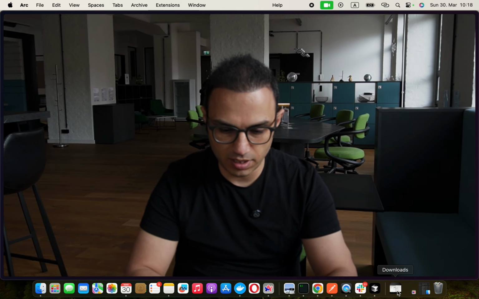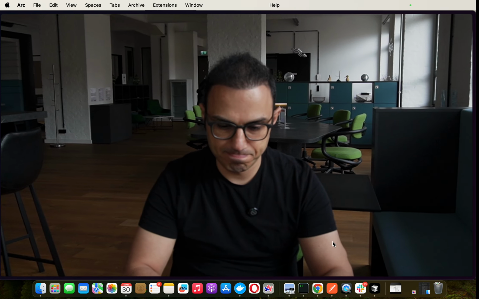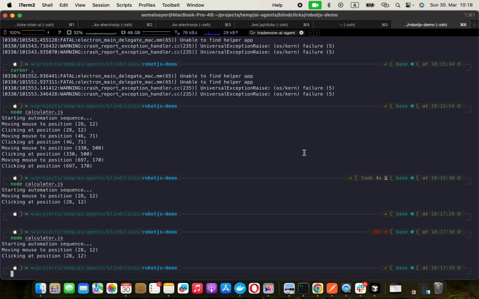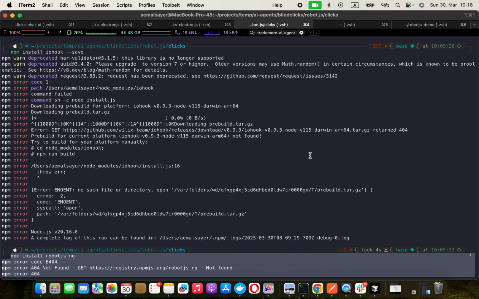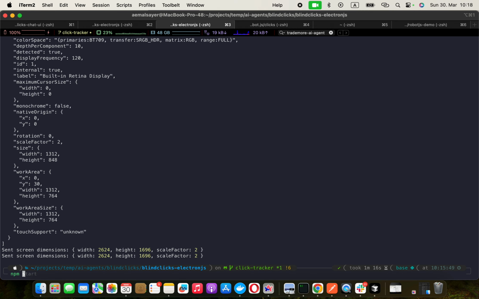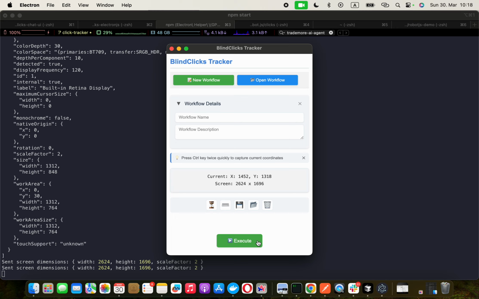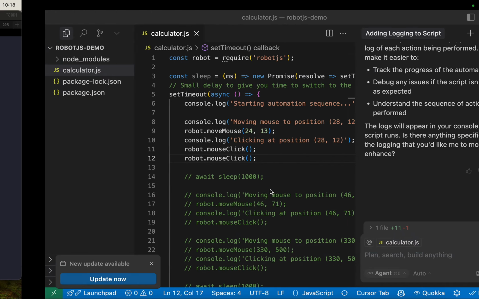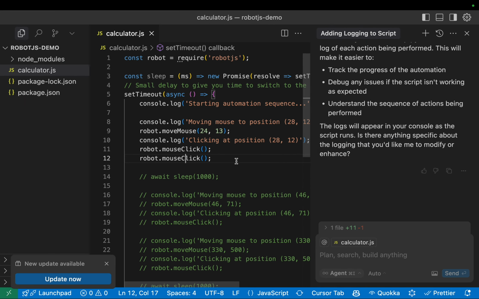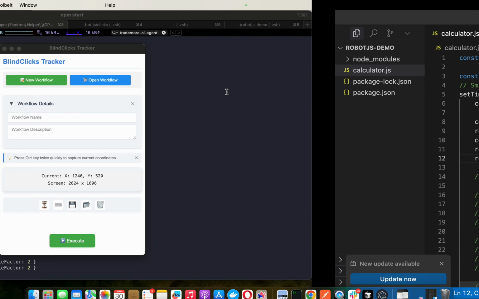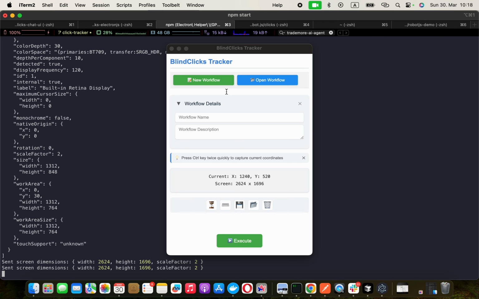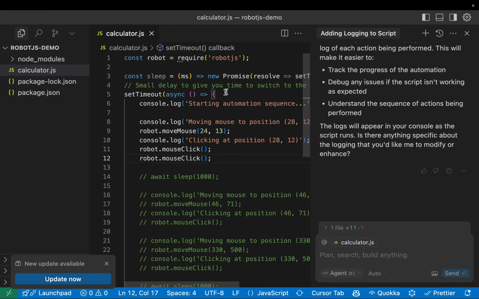And then basically this BlindClicks Electron.js app, this execute button will work. Okay, let's make that happen. They need to be in the same directory, I think, so that it's easier to execute. Otherwise, this will put us in a wrong